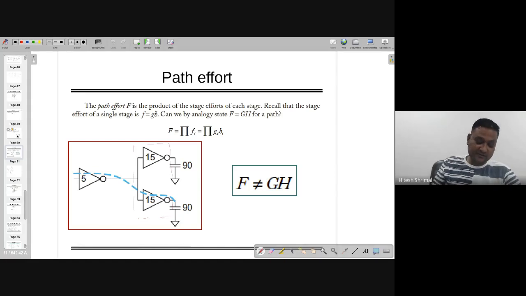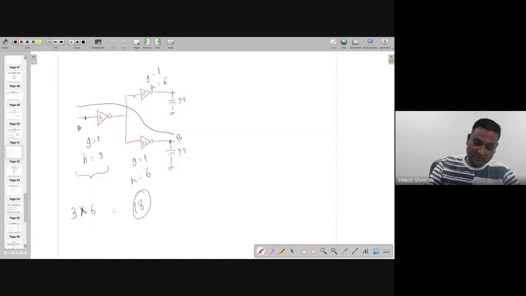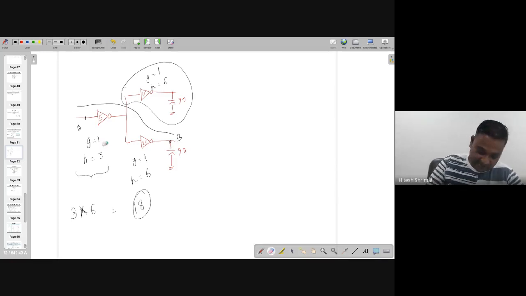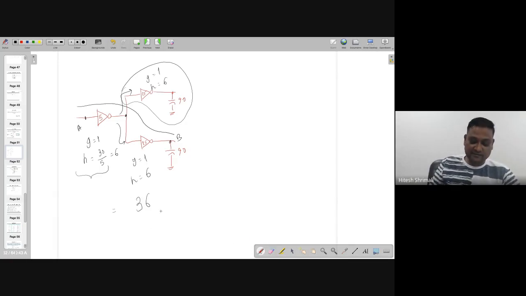The correct answer does not look at the capacitance which is in this path. We have not taken that into account at all, right? So in that case, okay, one mistake is from my side. I made a mistake here because looking into this, it's equal to 30. 30 divided by 5, so that's going to give me 6. So the answer, as per this theory, has to be 36 plus the parasitic delay of this one. So 2 will be there, so 38 will be there with our technique. But that is not the correct one.